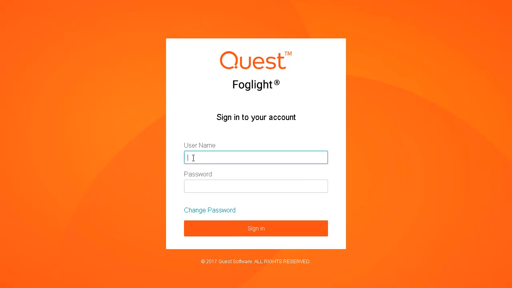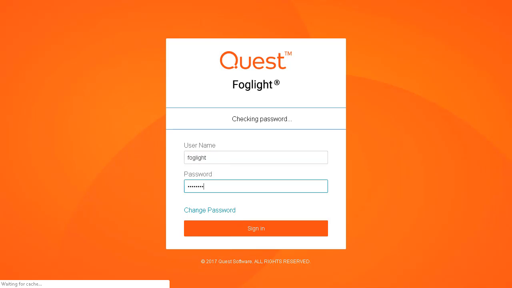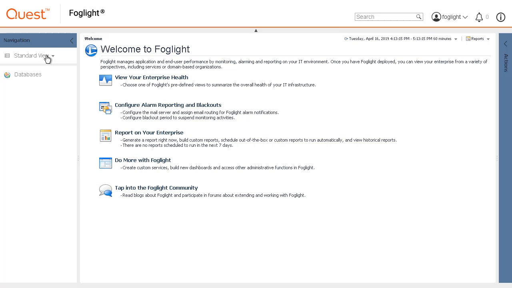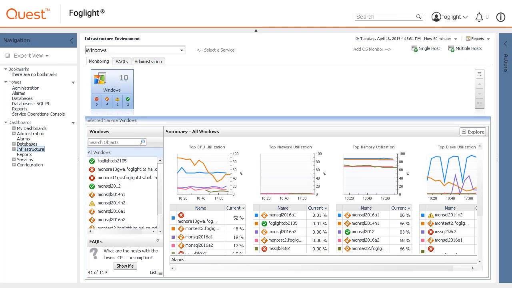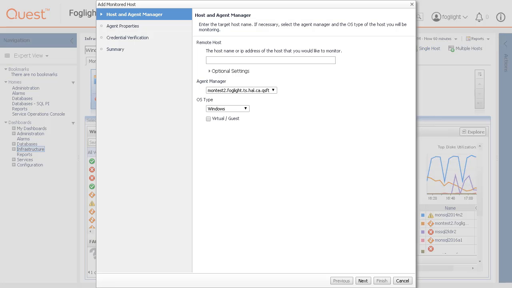To add a host agent, log into the Foglight console. In this example, we will change to the Expert view and use the Single Host option in the Infrastructure dashboard. In the Add Monitored Host wizard, on the Host and Agent Manager page, specify the host that you want to monitor. Type the host name or the IP address of the host you want to monitor into the Remote Host